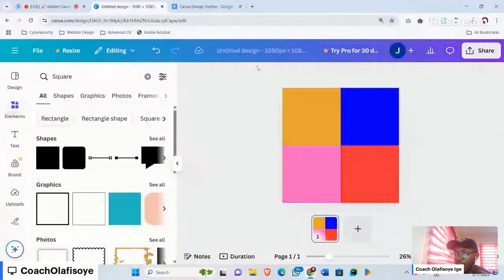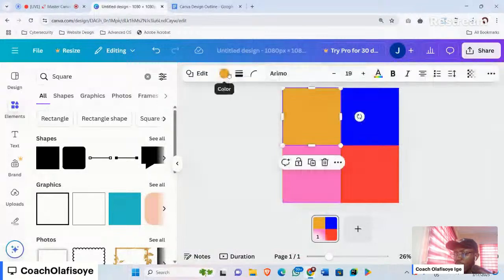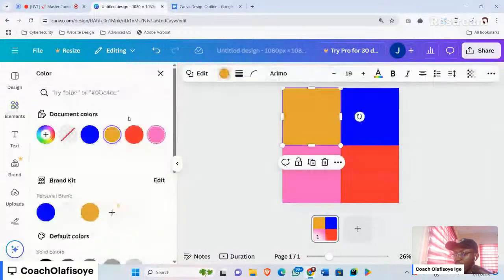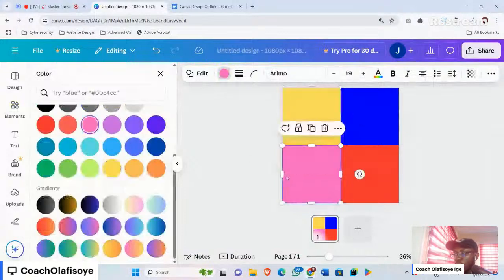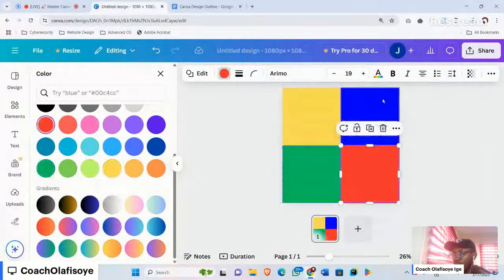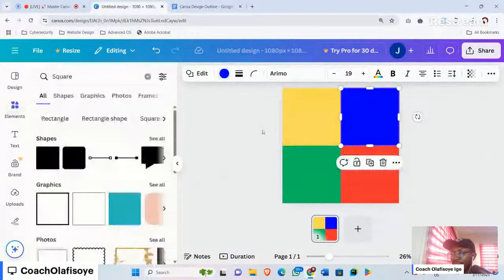So I'm coming back here. I'm going to change this to yellow so that I will use a color that I'm familiar with. Let's assume this is yellow. All right, let's change this one to green. So let's say this is green. Okay, this is yellow, this is green, this is red, and this is blue. Okay, so to add text